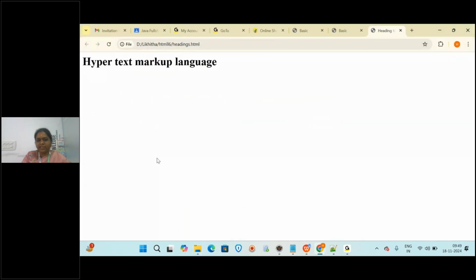So what did we get here? Hypertext markup language. That means that is the highest heading we have. And is there any other difference between the previous output and this? It is coming in thick, bold. So all the heading tags from H1 to H6 will be displayed in bold format.